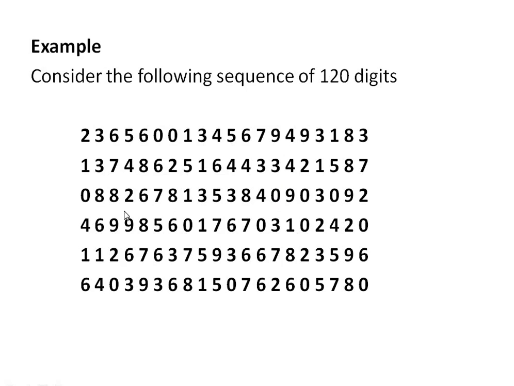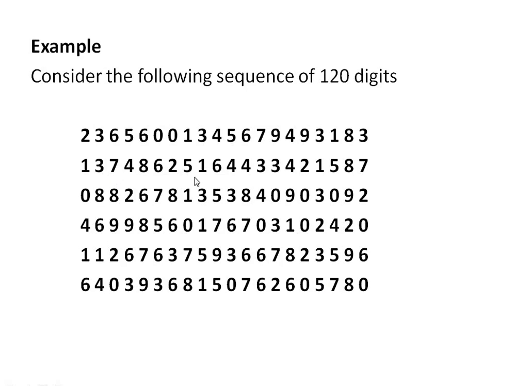Similarly, the next gap between the next occurrence of 0 is 1, 2, 3, 4, 5, 6, 7, 8, 9, 10, 11, 12. It is 12. And similarly, you have to consider all the zeros and gap between each 0. So the last 0 is here. So the previous 0 is here. The gap between these two zeros are 3 here. That is 3.